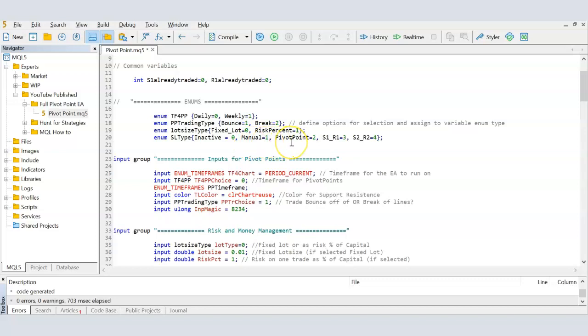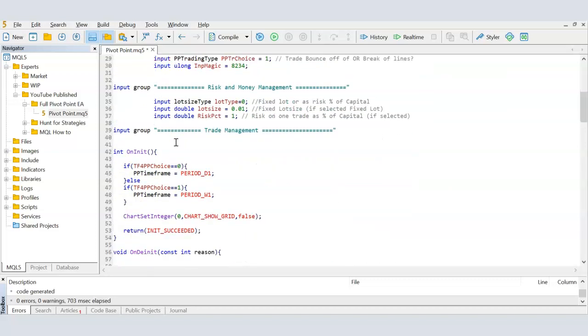The third choice is pivot point. I'm assigning it a value of 2. Then S1 or R1, because you will either have S1 or R1 as your stop loss, or S2 and R2 as your stop loss. So in either case, I'm assigning it the value of 3. And then to S2 and R2, I'm assigning a value of 4. We probably would be able to use this again when we do the TP in the next part. And now that we have this enum, this variable type, we can go ahead and give our user a choice